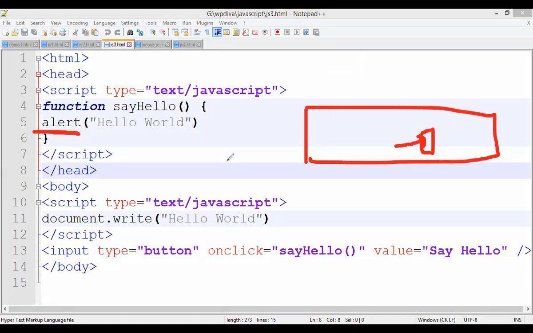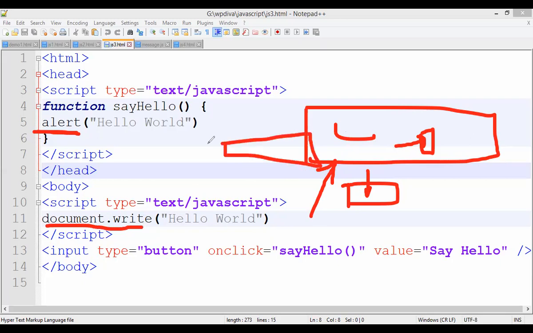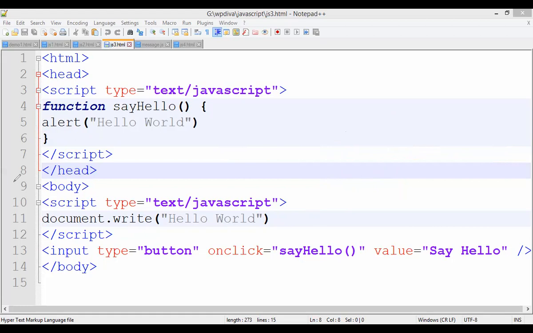So this hello world will come. What will happen? One button will come, isn't it? What is that button? Say hello. So when I click on this button, what will happen? This alert box will display. And when I click on OK, the alert box will disappear, right? But what happens with document.write? Automatically, it will come here, into the browser. So we don't need to create or call any boxes here. It is just like a printf statement, students, okay? So this is called as what? Third method of writing the JavaScript files, okay?